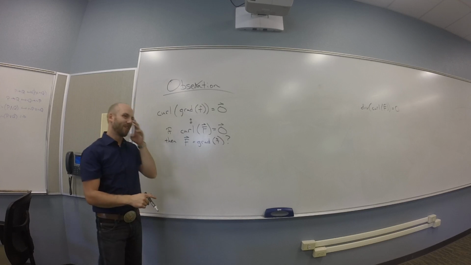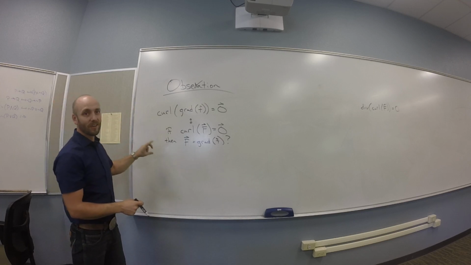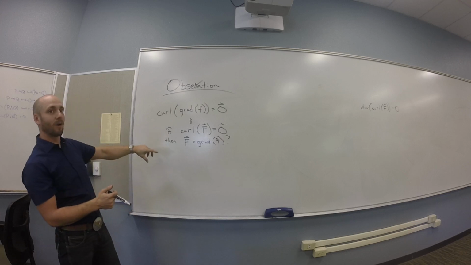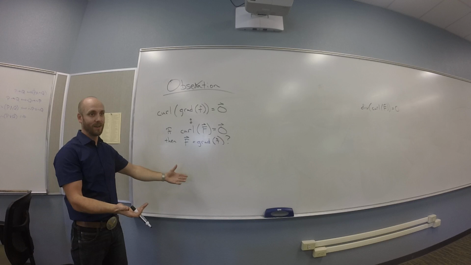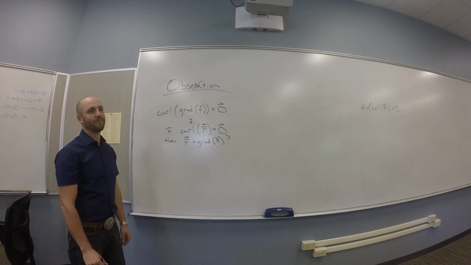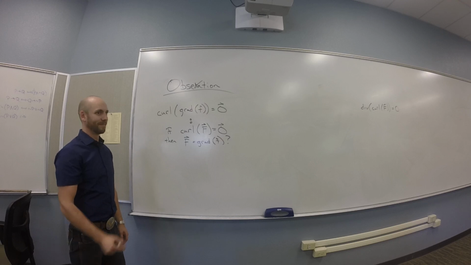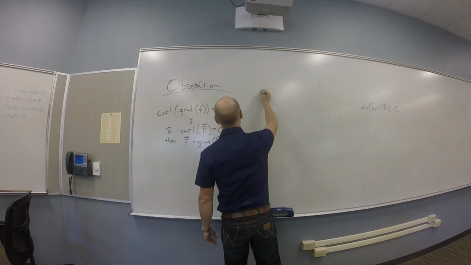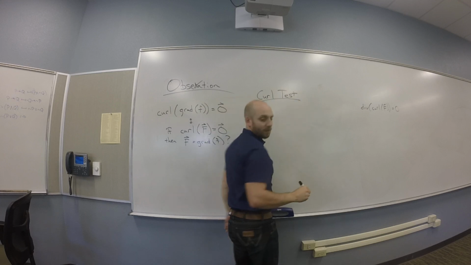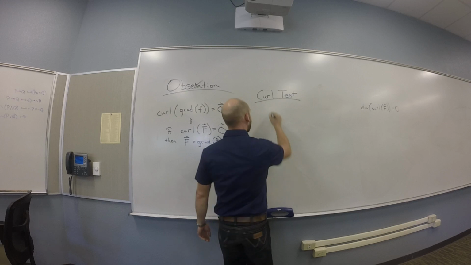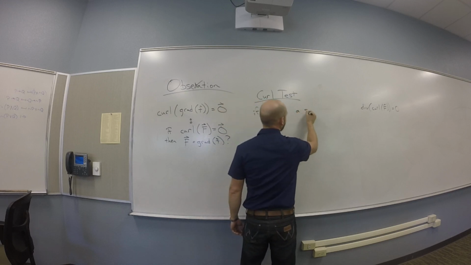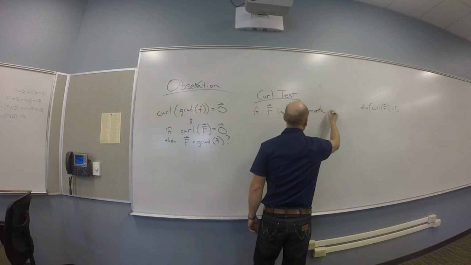And that causes me to wonder, is that fundamental? Is it true both directions? In other words, if the curl is 0, is it automatically the gradient of something? The answer is most of the time. So the curl test says that if f is a smooth vector field,